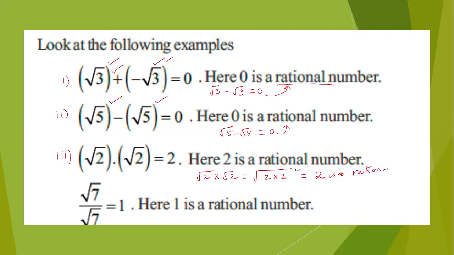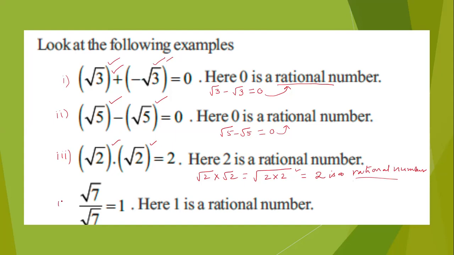That means here you may observe what we take and what we get. What we take in here? Root 2. What is root 2? Root 2 is an irrational number. Already you know it in the previous class. Why? Because 2 is not a perfect square number, which is under the square root symbol. That means root 2 gives us a non-terminating, non-recurring decimal, hence root 2 is treated as an irrational number. That means an irrational into an irrational gives us a rational.